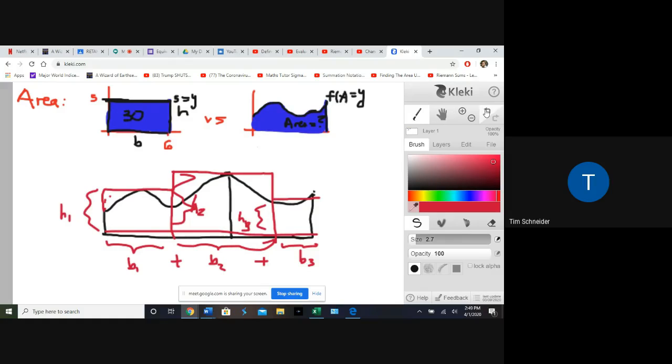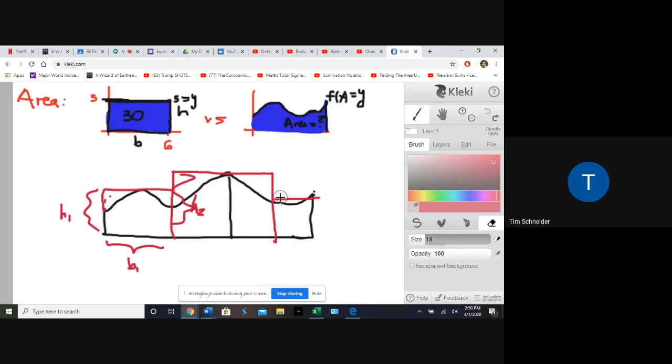So that's one thing to notice: this would be a better approximation because we've eliminated, as you can see, this area up here that was kind of wasted, and we've eliminated this area up here that was wasted. So this is closer to an actual example. Now, if we actually want to get the area itself,